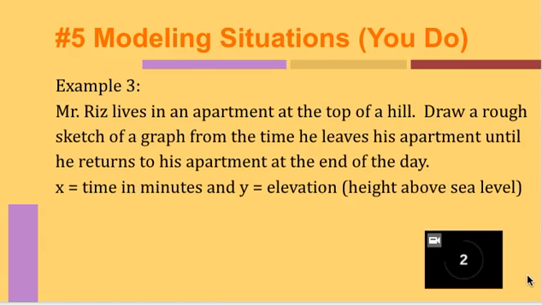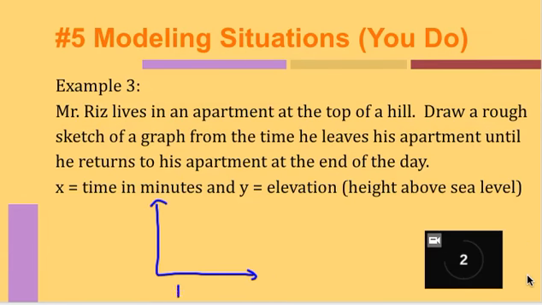Example 3 says Mr. Riz lives in an apartment at the top of a hill. Draw a rough sketch of a graph from the time he leaves his apartment until he returns to his apartment at the end of the day. X equals time in minutes and Y equals elevation. By this point, you should see the pattern. We're going to go ahead and draw our graphs. My time is down here